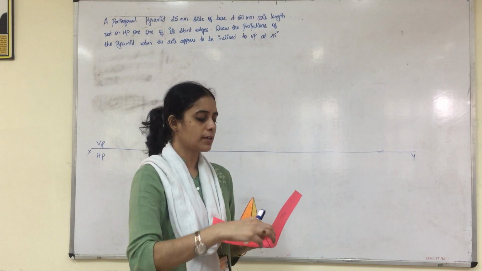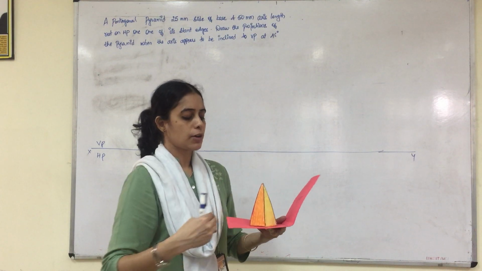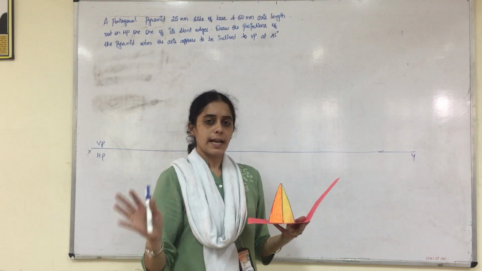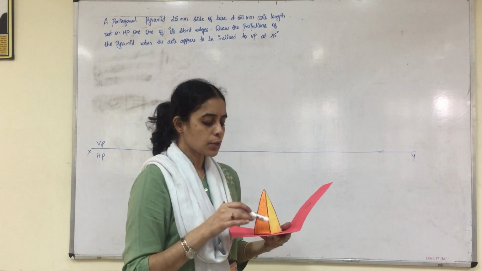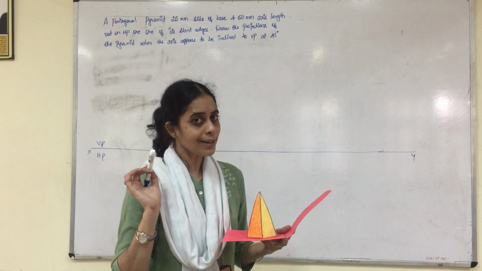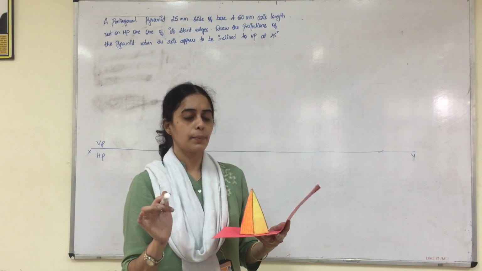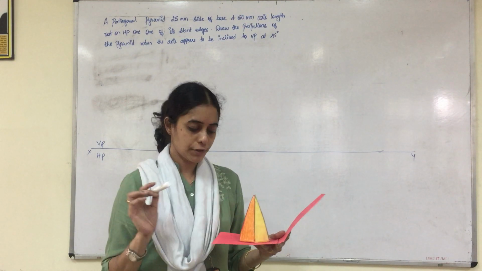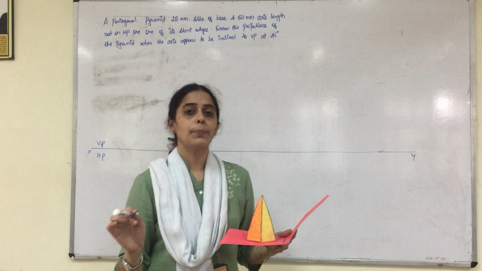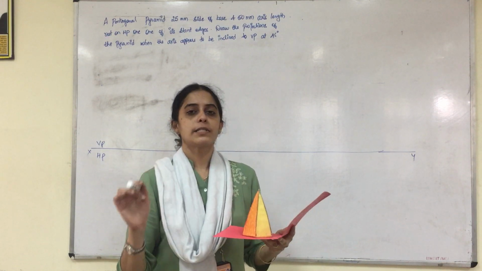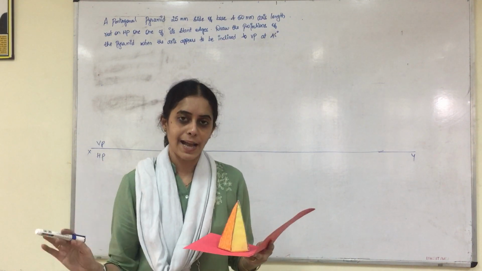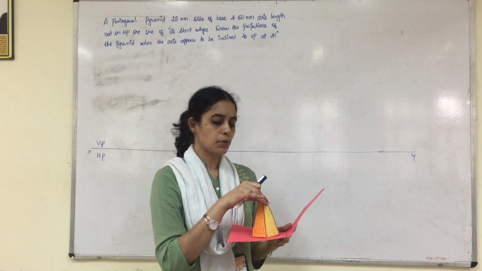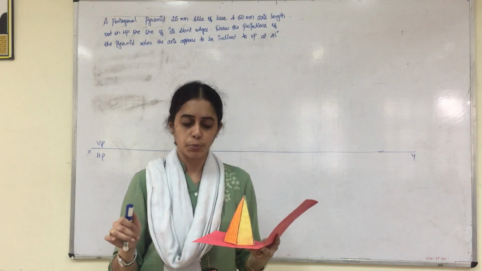Considering the vertical plane and horizontal plane, whenever it is a slant edge problem, you will assume the corner to be at your right. Since it is a pentagonal pyramid, you will get the edge opposite to it towards our left. So this will be the position of the pentagonal pyramid when it is resting on one of its slant edges. After you fix the position, you know the other details of how to proceed.